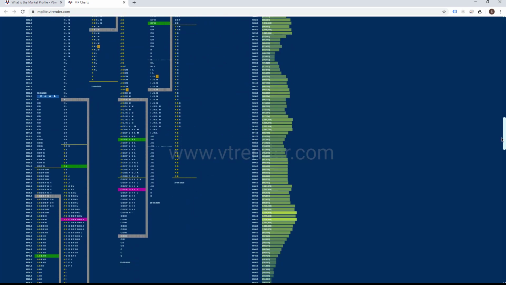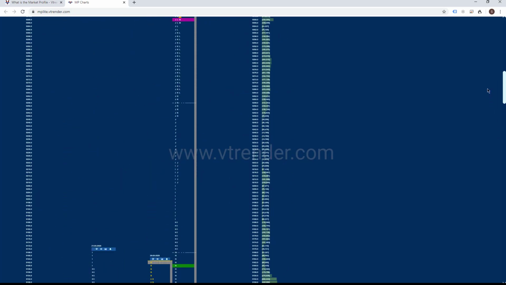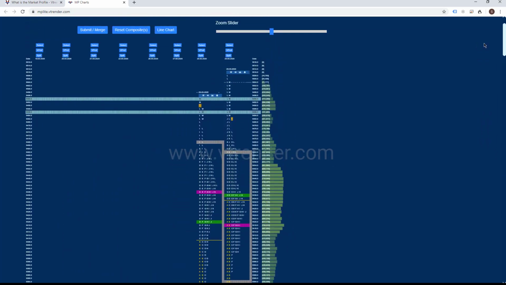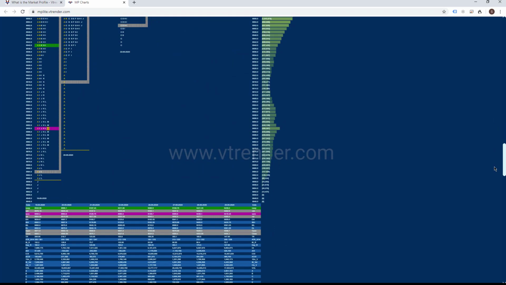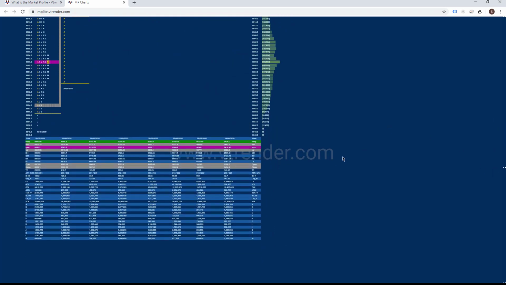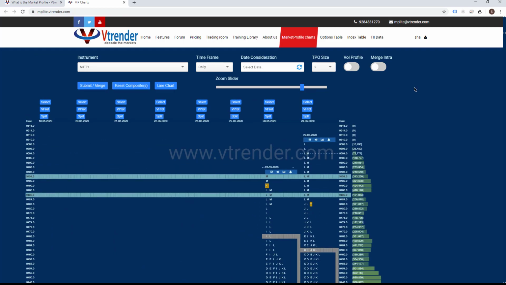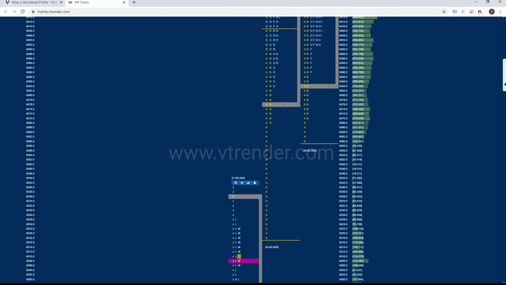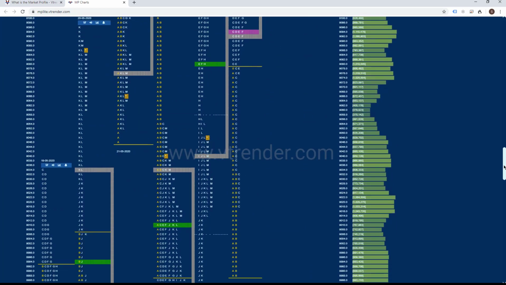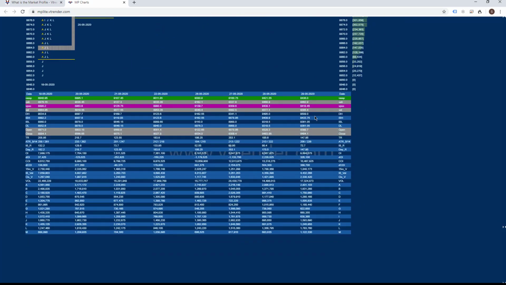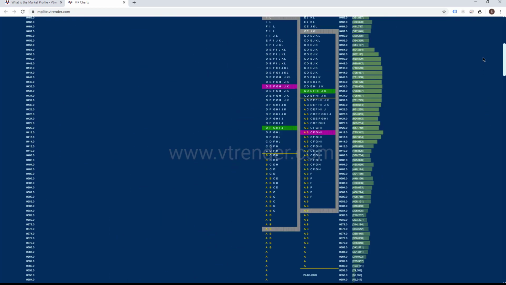So this is the Nifty futures. You'll have all the charts over here for you to go through. And if you want to look at the information for that day, then you head down and look at this section down here, which will give you the VWAP, the VPOC, the value area high, the value area low, and all those things for you to trade out of.